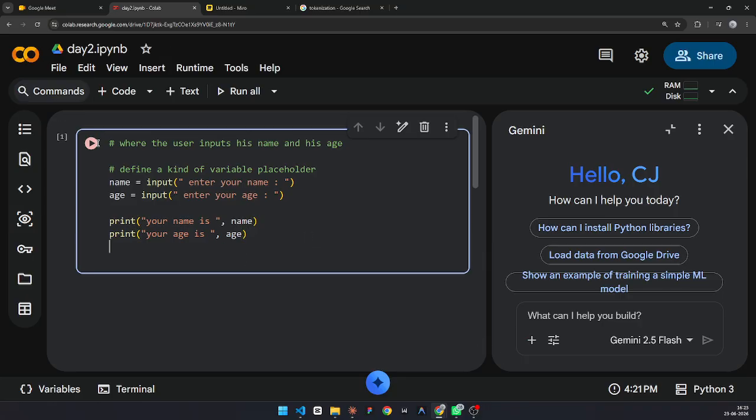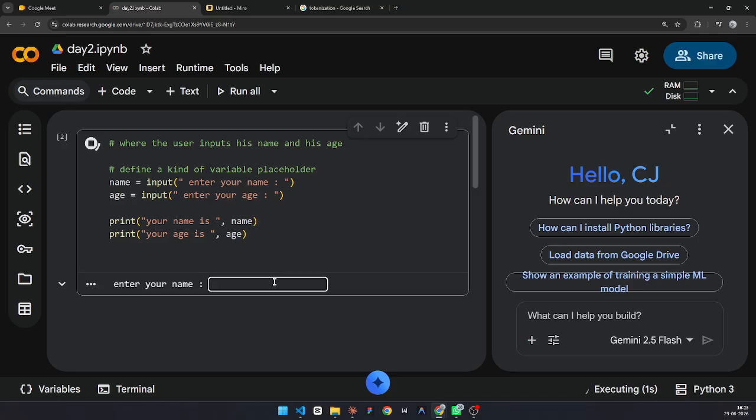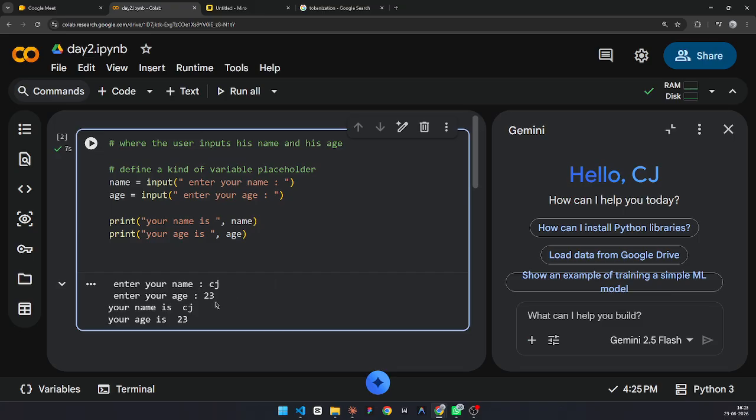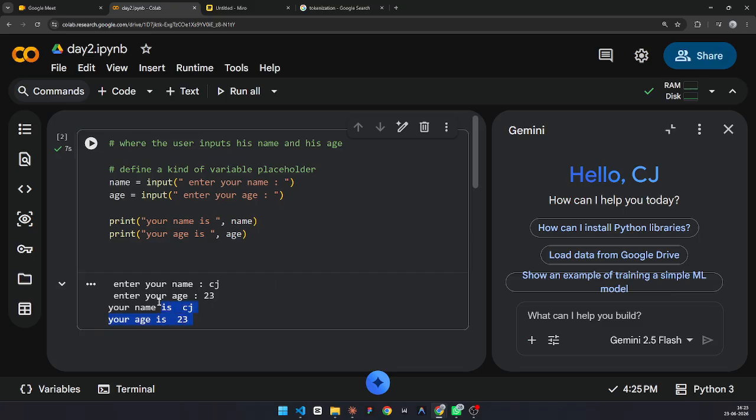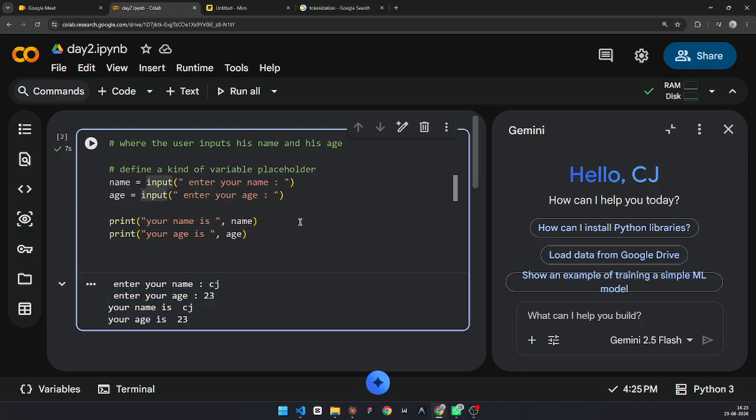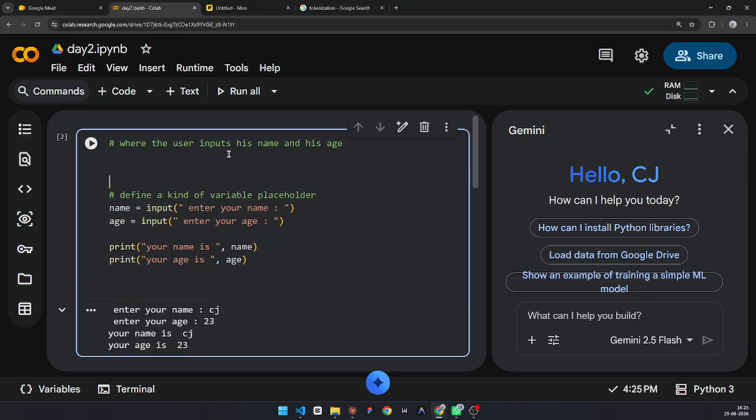Now you all can see, if I try to do this, enter your name, let's say for example CJ, that's correct. But now if I try to enter 23, this works in Google Colab. But the issue is that in newer versions of Python, age is nothing but a kind of integer.